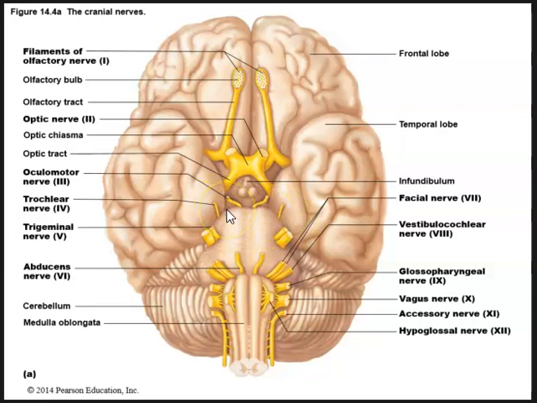This is the trochlear nerve. Trochlear nerve also helps out with some of the extraocular muscles of the eye, movement of the eye. And then continuing laterally, we have this large nerve that you guys are responsible for. This is the trigeminal nerve, here and here. And we talked about the 3 main divisions of the trigeminal nerve and how they have their innervations of the